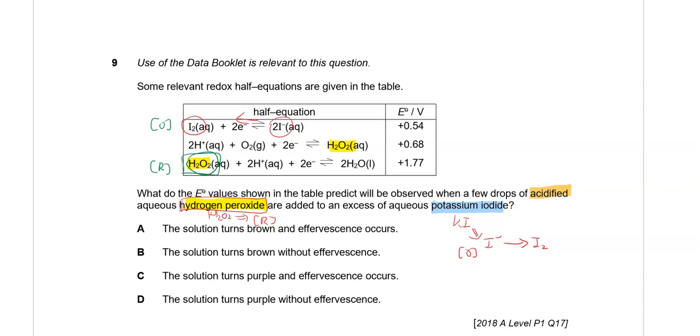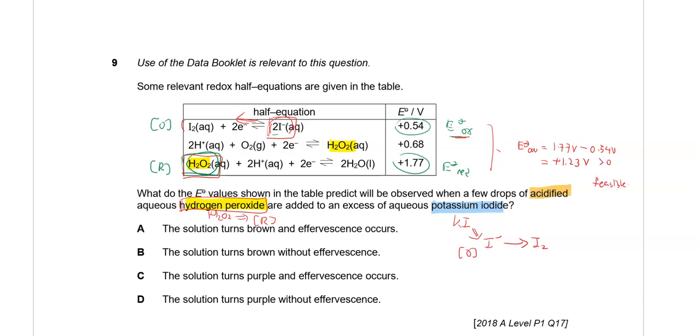And then you look at the E naught values. This is your E naught ox, this is your E naught reduction, because we said earlier that I minus is a starting reactant. I minus must undergo oxidation, therefore this is assigned E naught ox. And H2O2 must correspondingly undergo reduction. From this you can work out the E naught value: 1.77 volts minus 0.54 volts, you get positive 1.23 volts, which means more than 0. It's going to be a feasible